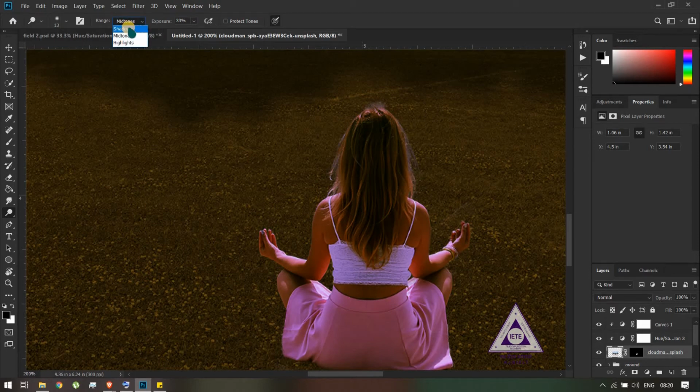So there are the shadows, which are the dark areas, the highlights, which are the bright areas, and the midtones, which are the neutral areas in terms of lighting. So I'll select highlights and I'll go over the areas.